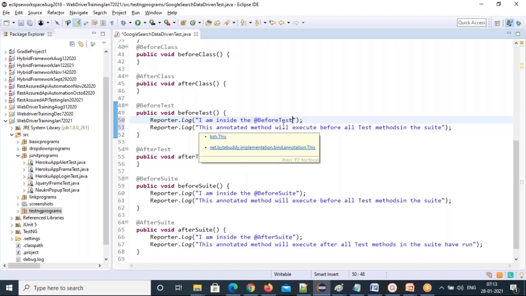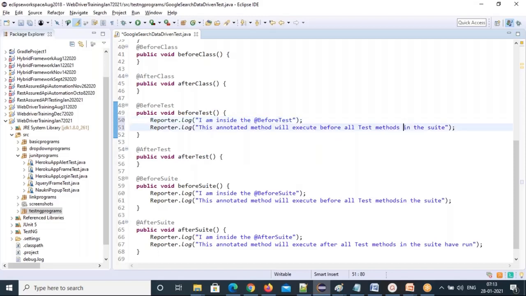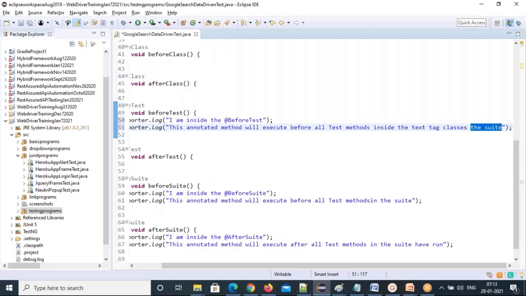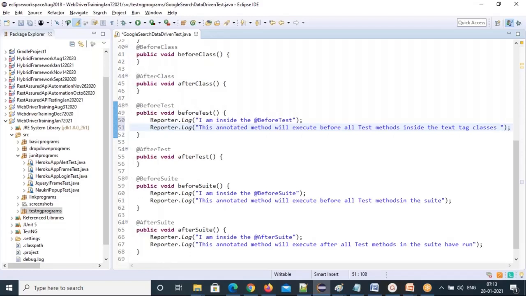This annotated method will execute before all the test methods inside the test tag classes. So before all test methods inside the test tag classes, this annotated method will be executed.